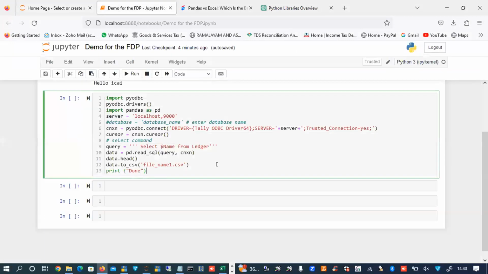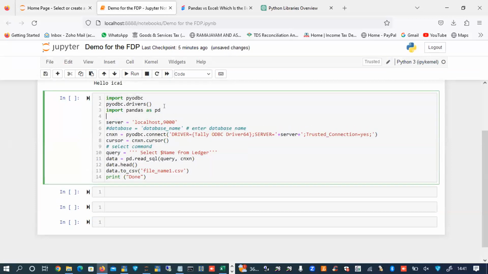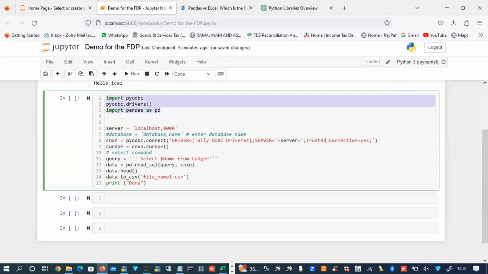Now I have already opened it. This particular 13-line script does the following: the first 3 lines import the library called PyODBC. PyODBC helps in connecting to an ODBC data source. You can change this to anything, sir, you can use another data source.